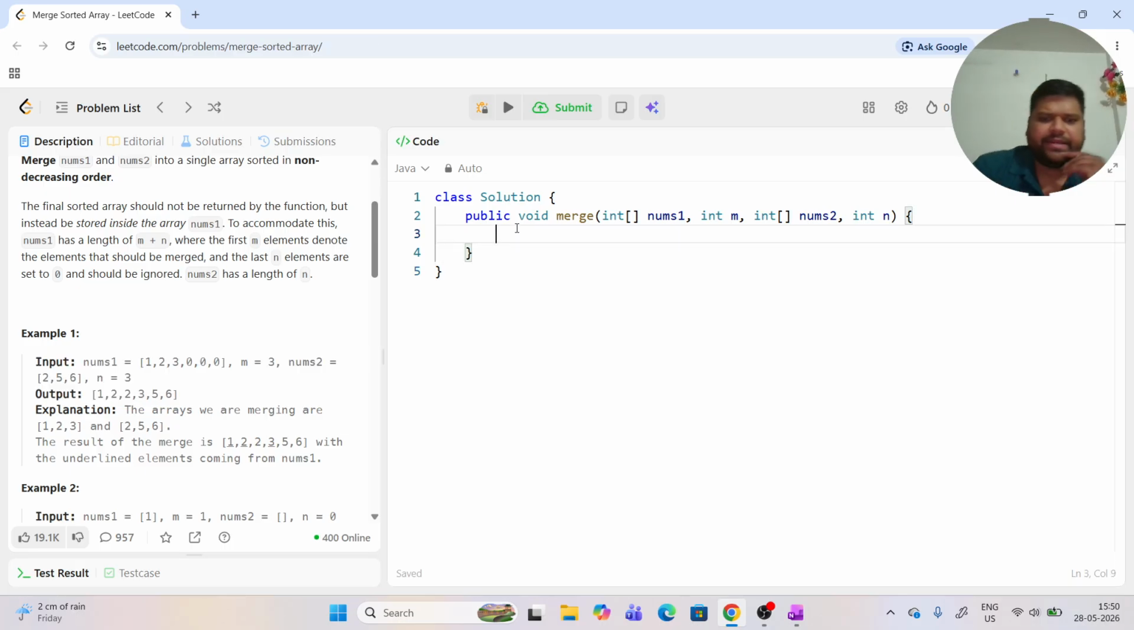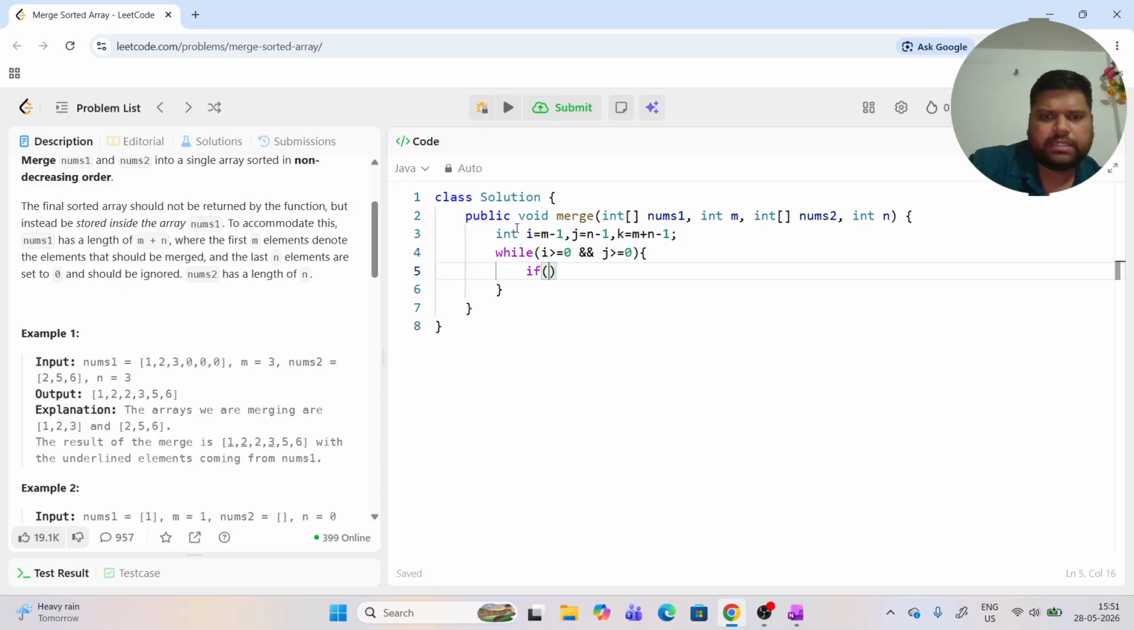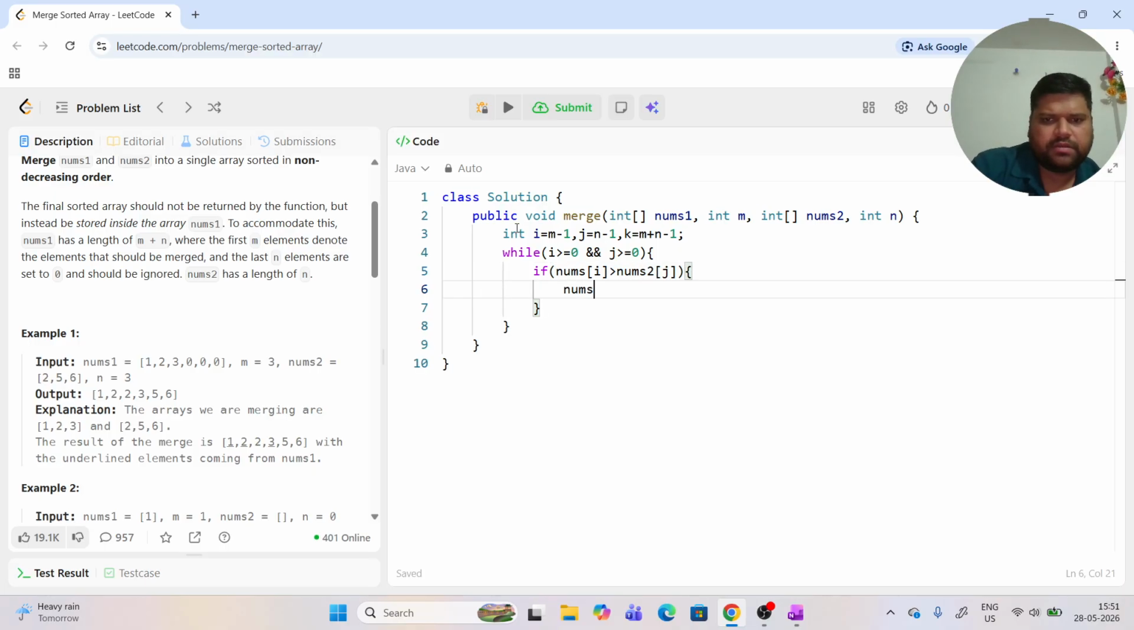So as per the dry run, we'll have 3 pointers. i equals m minus 1, j equals n minus 1, k equals m plus n minus 1. Now, while there are two elements, while i greater than or equal to 0 and j greater than or equal to 0. So as per the dry run, whoever is greater, if nums1 of i is greater than nums2 of j, then what we'll do is we'll say